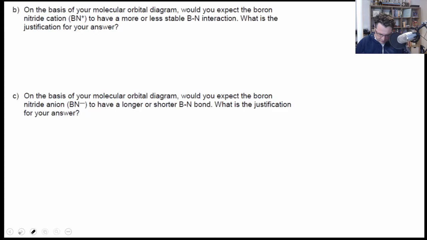The pen works again, which is awesome. The next part of the question is: on the basis of your molecular orbital diagram, would you expect the boron nitride cation BN+ to have a more or less stable BN interaction? What is the justification for your answer? So if we go back